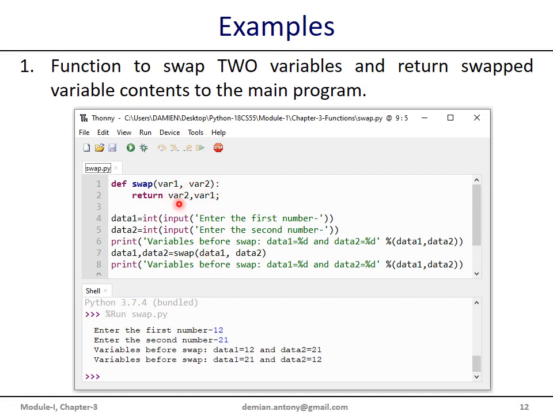The variable 2 is nothing but data 2, and variable 1 is data 1, and now data 1 holds the value of data 2 and data 2 holds the value of data 1, and we print the value of data 1 and data 2, and this is the